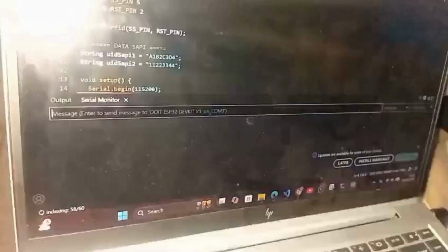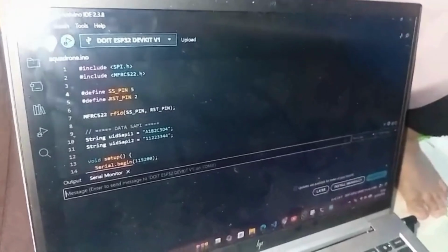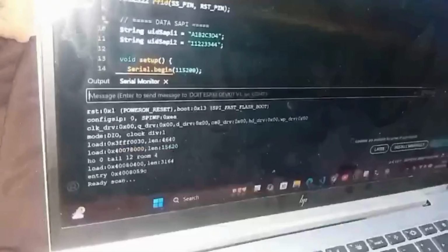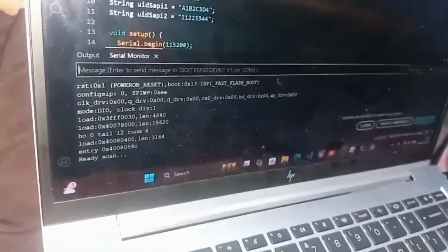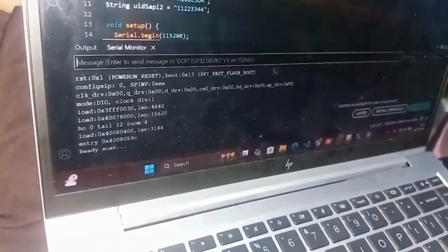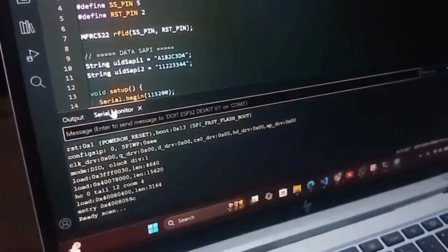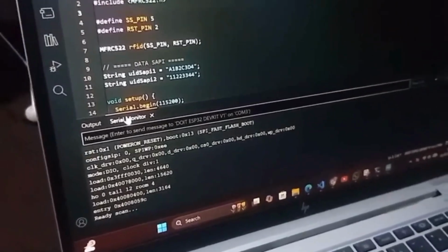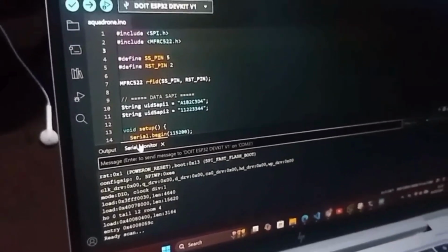Hello everyone. Today I will show you my smart livestock tracking system using an ESP32 and RFID sensor. First, let's look at the code for this assignment. We were encouraged to use AI, so I used ChatGPT to help write this C++ code.